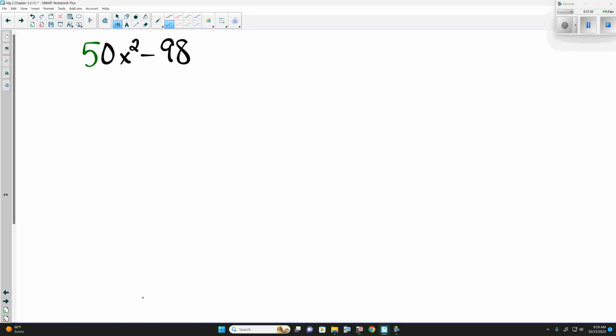So there is a chance that this is still a difference of perfect squares. But if we look at 50 and 98, is there a greatest common factor? Well, 2 does work, and we could factor it out. If I factor 2 out of 50, we have 25x squared minus